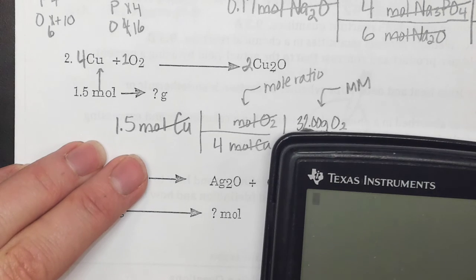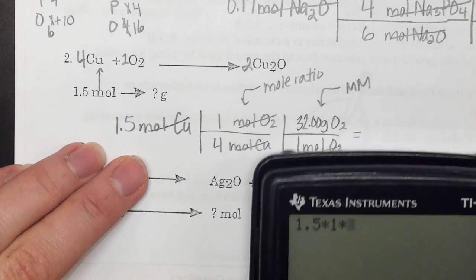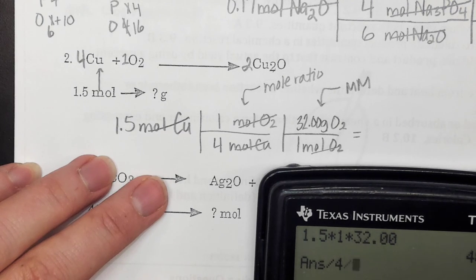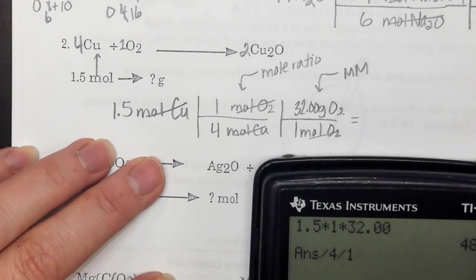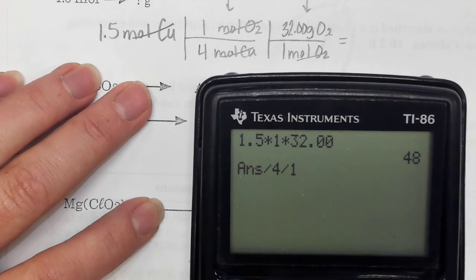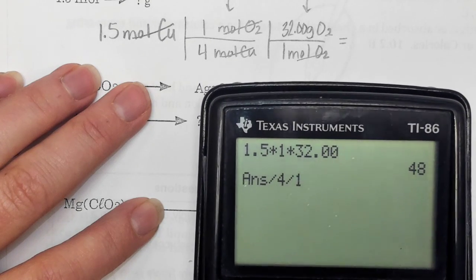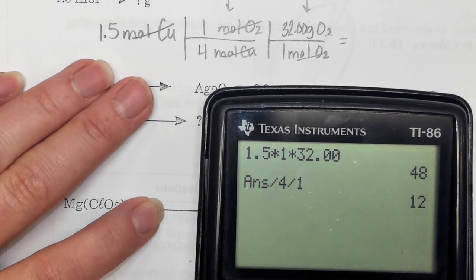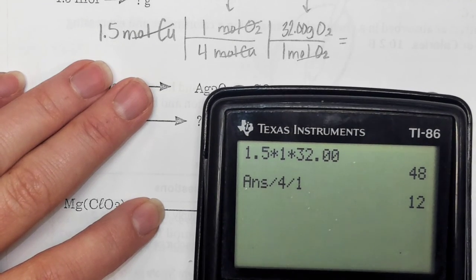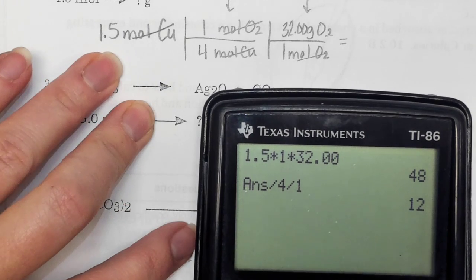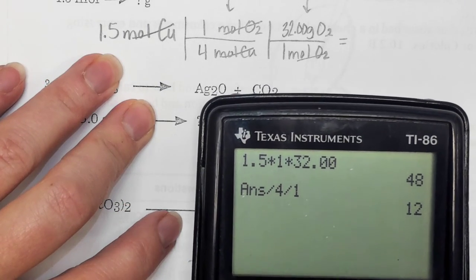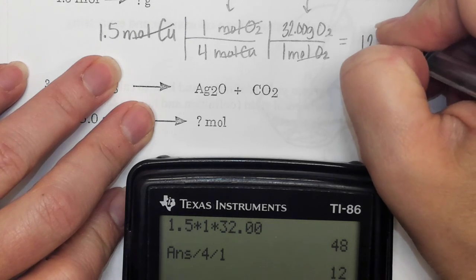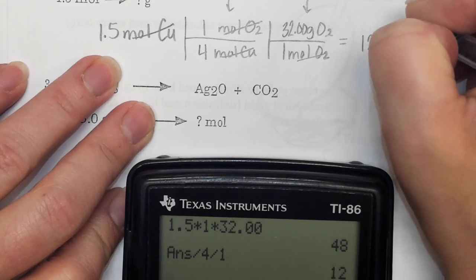So grab our calculator. 1.5 times 1 times 32.00 equals divided by 4 divided by 1. Enter. Oh, sweet. The answer is 12. How many significant figures was I supposed to have? 2. How many do I have on my calculator? 2. And the label's 12 grams of O2